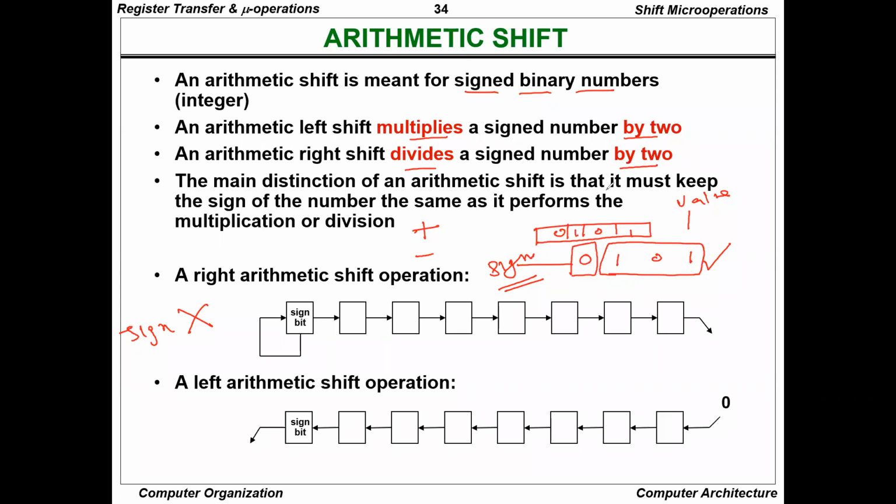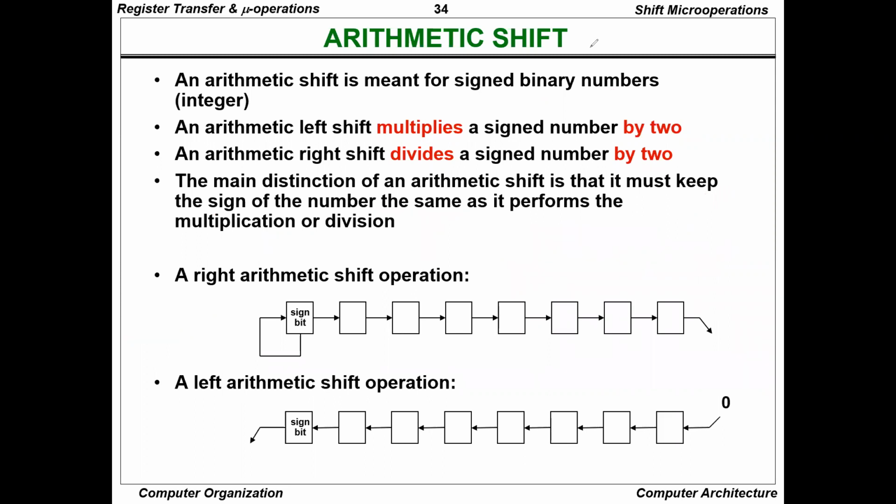The main distinction of an arithmetic shift is that it must keep the sign of the number the same as it performs the multiplication or division. आप जो मर्जी करिए, चाहे आप लेफ्ट शिफ्ट करिए, चाहे आप राइट शिफ्ट करिए, आपको एक ध्यान रखना ही होगा, and that is we are not going to change the sign bit, सेम ही रहेगा। तो ये है आपका राइट शिफ्ट।